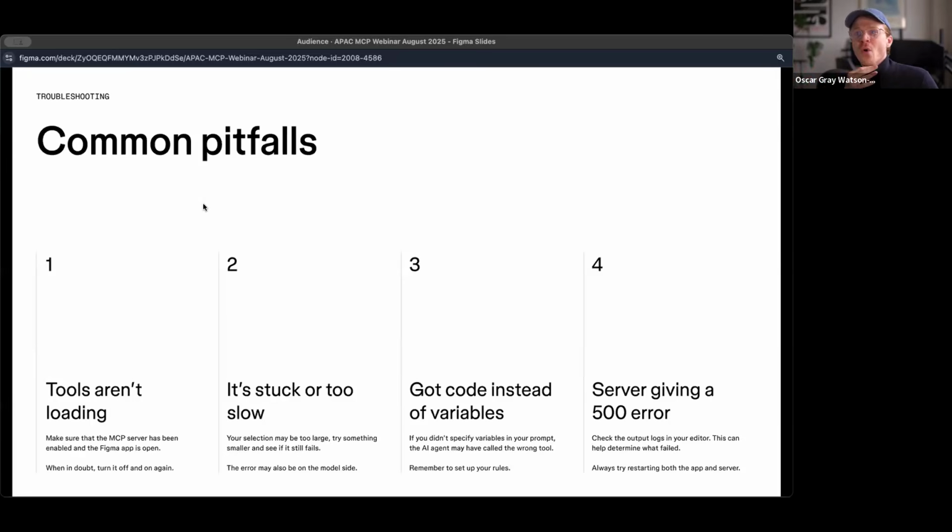In case you're wondering where the MCP server actually sits, it sits in the desktop app for Figma. So when you're running your local development and you're calling the MCP server, you're just calling locally to your Figma app. So you need to have the Figma app up and running and make sure it's not crashed or anything along those lines. Now, if it's stuck or too slow, you may be trying to do too much at once. Try to keep it simple, start small and then build your way up, or reset the context